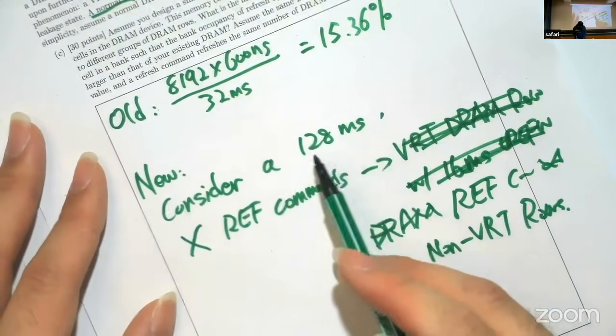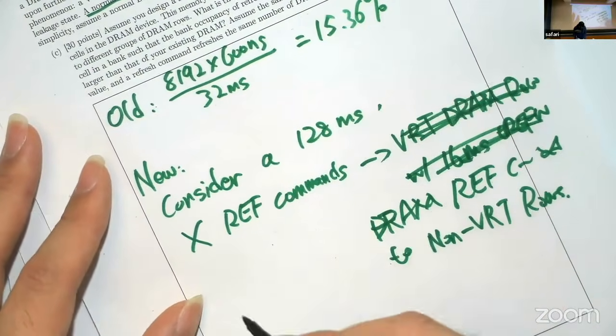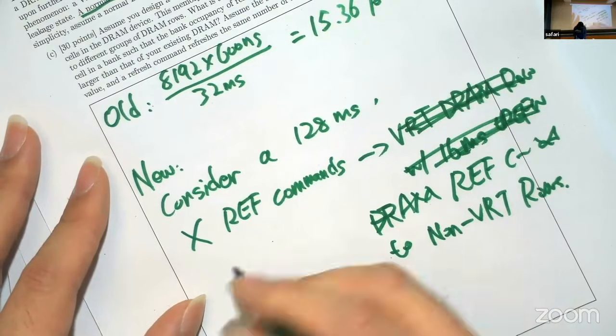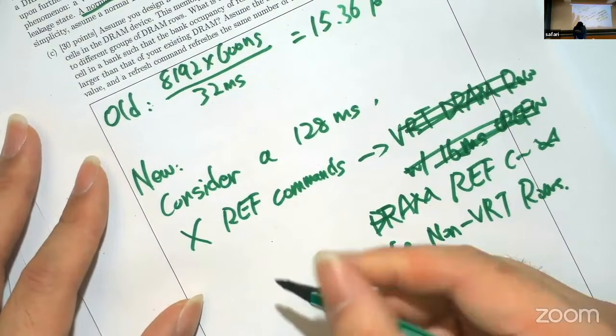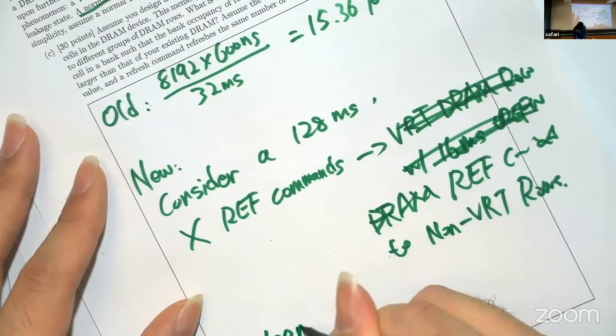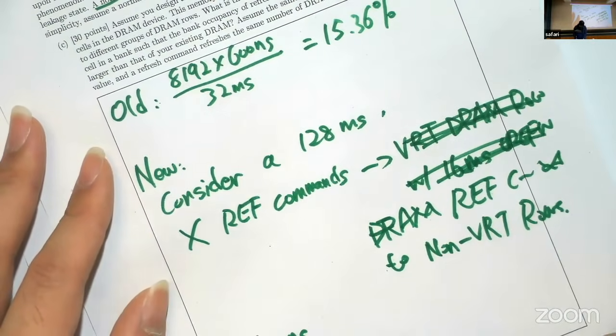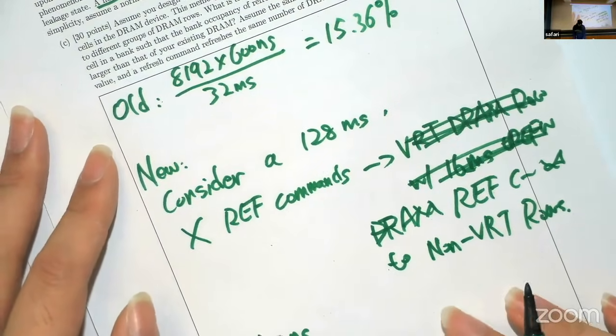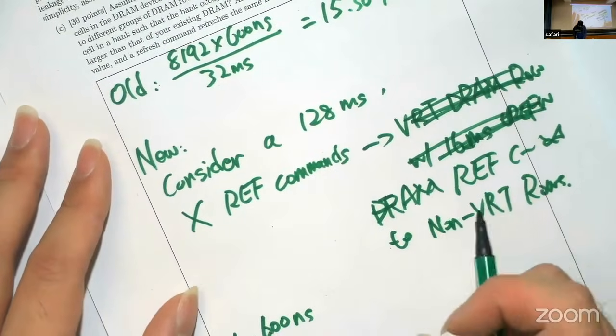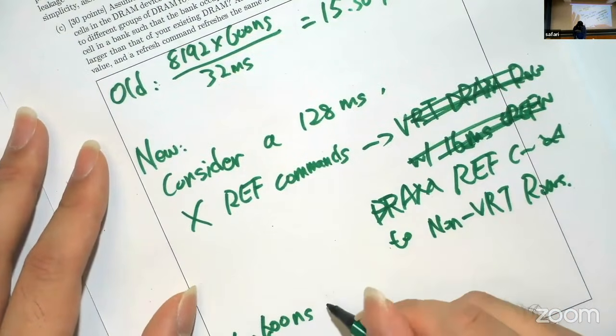So in a 128 millisecond refresh window, we will have X times 600 nanosecond. This is the time that the DRAM bank spent on refreshing the non-VRT DRAM rows, and